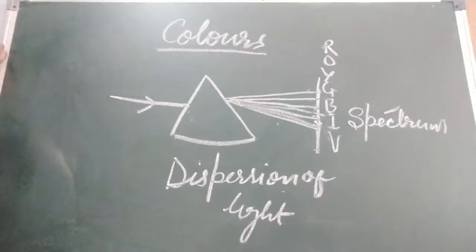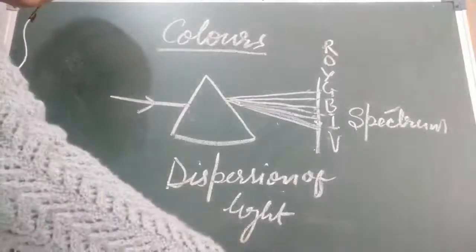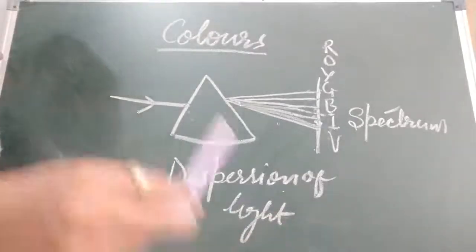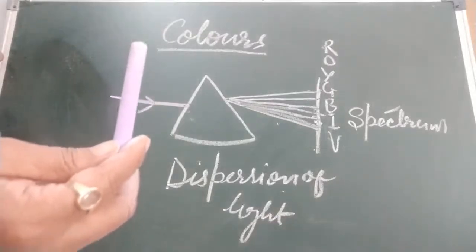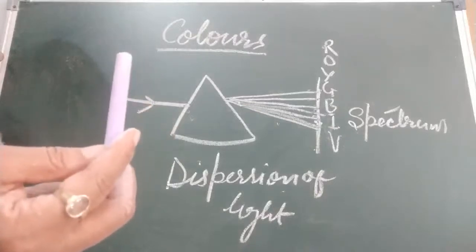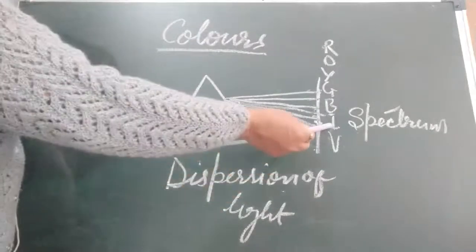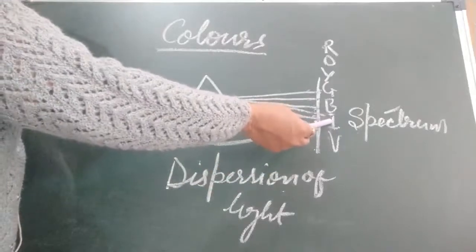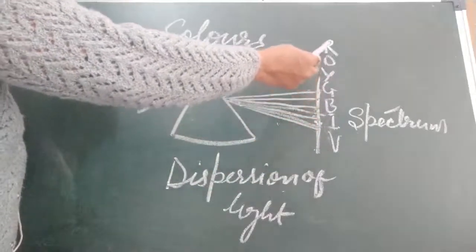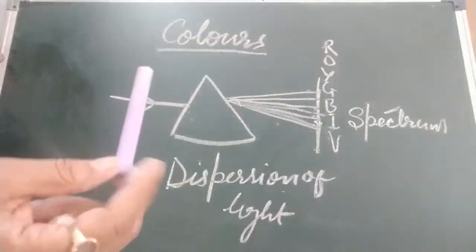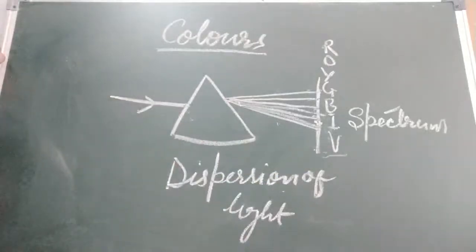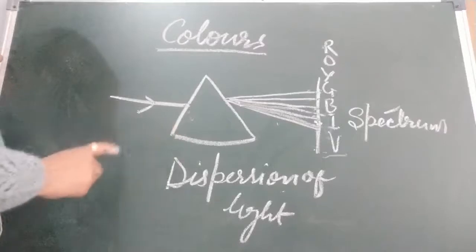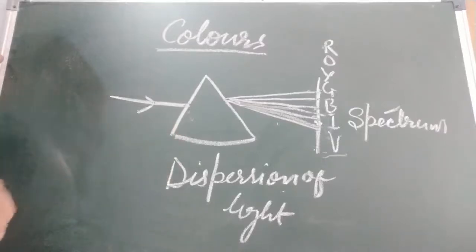One more thing I am going to tell you, like how we see color. This is violet color. Why are we able to see this violet color? What happened? The white light falls on this chalk, and it absorbs the rest of the colors, like indigo, blue, green, yellow, orange, red. It absorbs all the colors of white. Only it reflects violet color. In the same way with green, like the board is looking green, it absorbs the rest of the colors and allows green color to reflect. That is why we are able to see the colors.